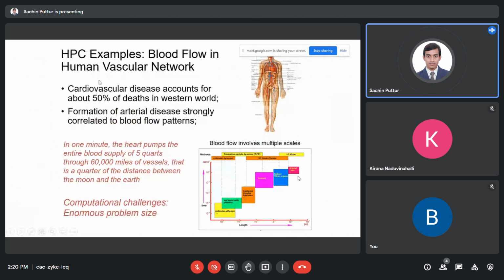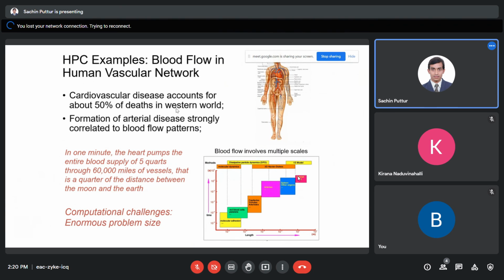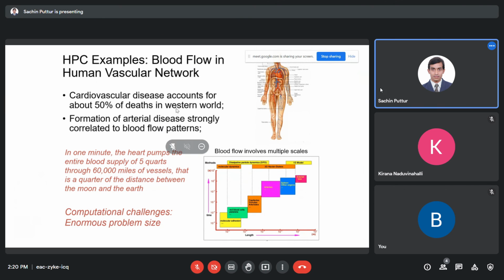Yes, some of the examples in the human body are to identify cardiovascular diseases. For which application, the flow of the blood and